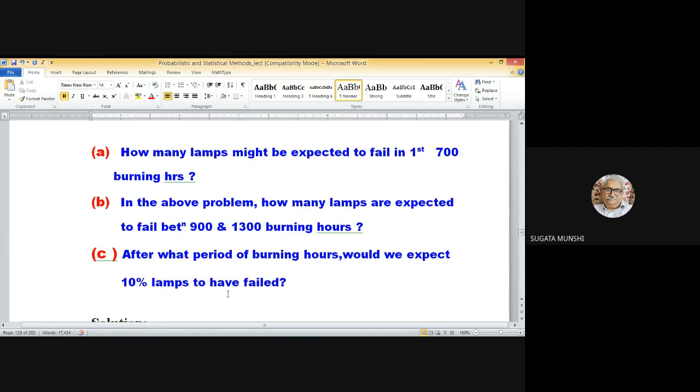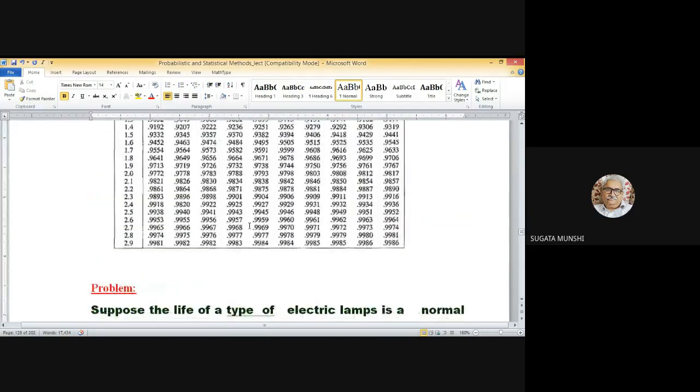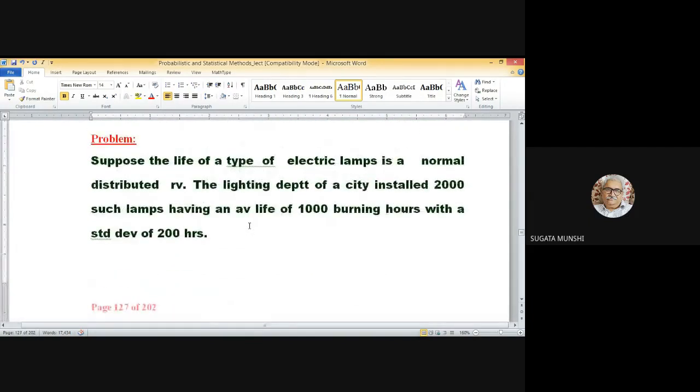First, write down the problem, then I'll proceed. The solution is very simple. You have to use that table, nothing else. Not only do you have to use these tables, you have to clearly understand the symmetry property of this Gaussian distribution. Only then you'll be able to solve this problem very easily.